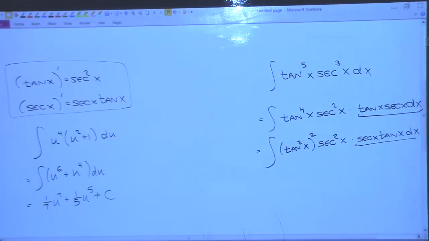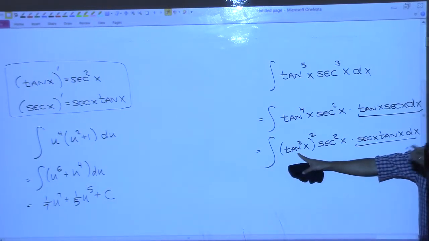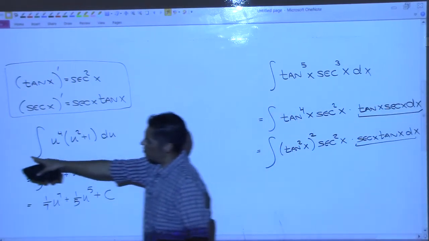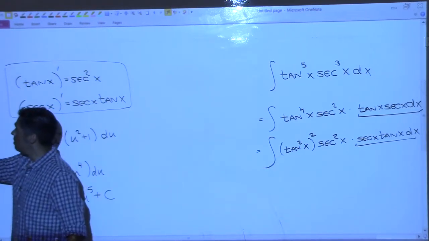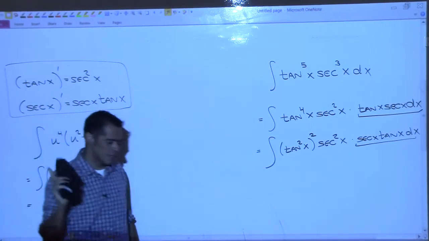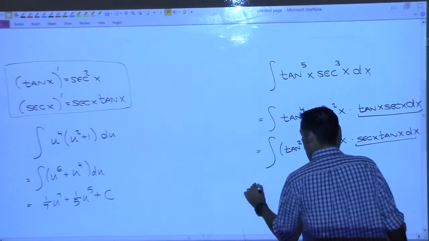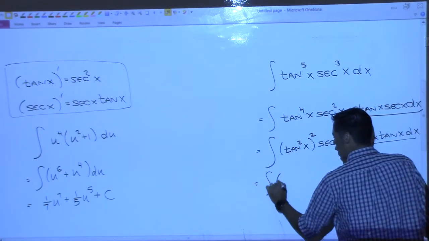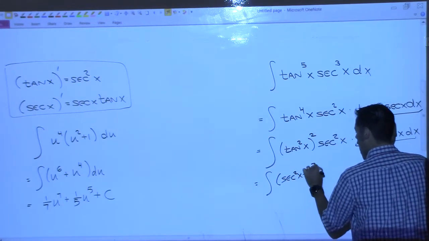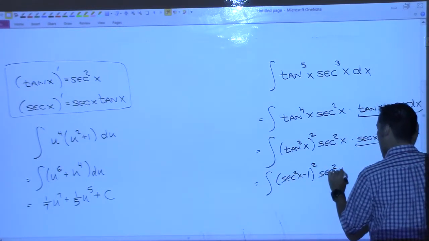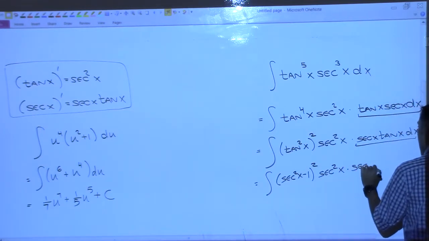And now rewriting tangent squared using the Pythagorean identity. So I come over here to tangent squared x, solve for it, which means I'm going to replace tangent squared x with secant squared x minus 1. So I have, in parentheses, secant squared x minus 1, that quantity squared, times secant squared x times secant x tangent x